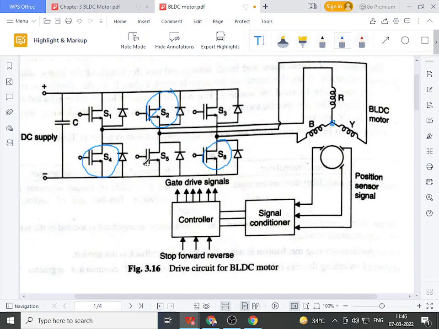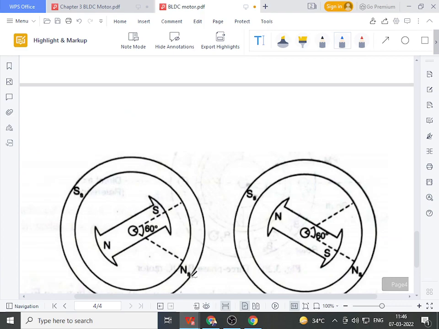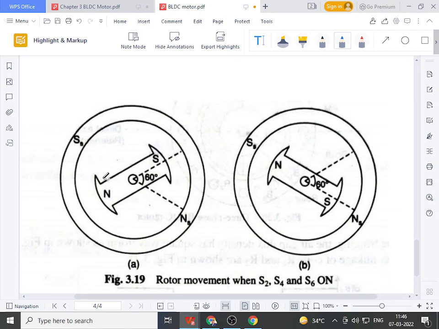Okay, again there will be formation of a magnetic field. That magnetic field again shifts the stator poles by 60 degrees in the forward direction due to 180 degree conduction mode. So again the stator poles will move in the forward direction by 60 degrees. So now this will be the position of the new stator poles, NS and SS. What will happen? Again there will be a magnetic force of attraction between the rotor S pole and the stator NS pole. The rotor will rotate in the forward direction by 60 degrees.